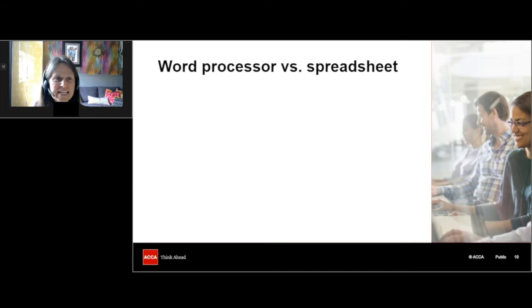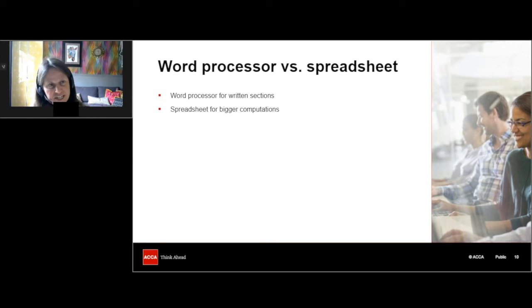So what I would say is always use the word processor for written sections, just because it's much easier to format. You can use things like bullet points. You can write in the spreadsheet, but it's not very satisfactory. It does tend to sometimes end up with a really long sentence that goes miles across the page. So I would stick to the word processor for written sections, especially if you are doing a large written section. If you're doing computations, particularly bigger computations, then use the spreadsheet.